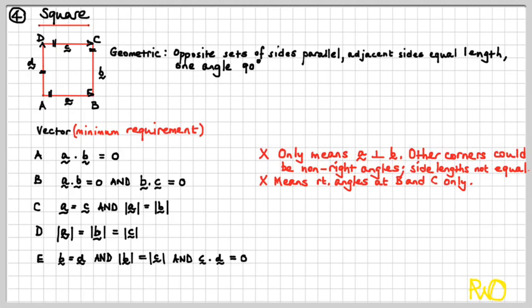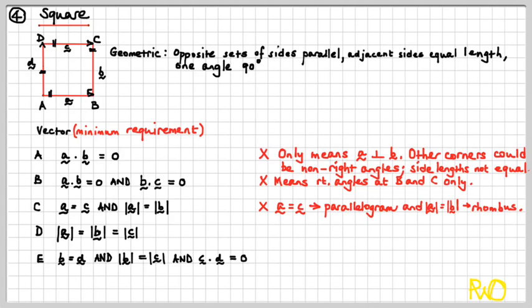Vector A equals vector C. Well, that gets us to parallelogram status, guys, and magnitude of A equals magnitude of B. That gets us to rhombus, I think, but it doesn't get us to square. No, beware. It doesn't get us to square. So yeah, that's right. A equals C gets you a parallelogram. Magnitude of A equals magnitude of B gets you to rhombus. It doesn't get you to square, so that's no good. Okay, what about